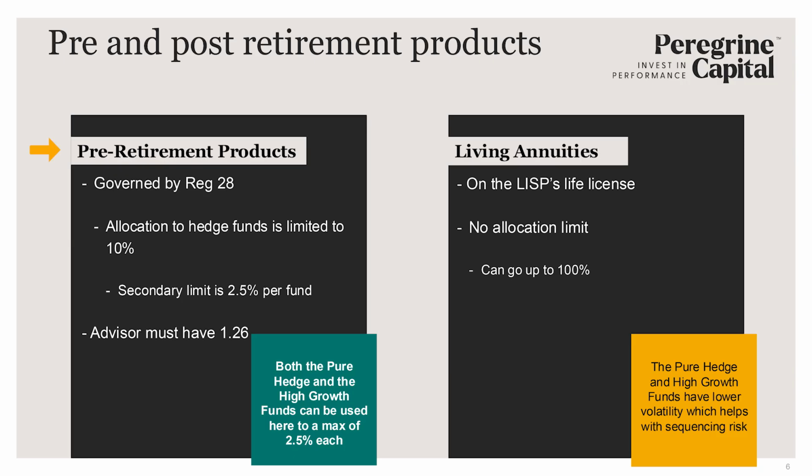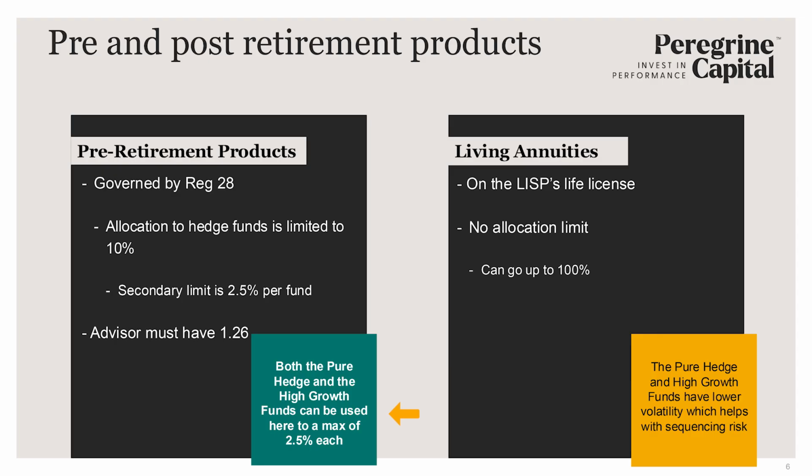If I then move on to the pre and post-retirement space. So in pre-retirement products, given that these are Reg 28 compliant vehicles, there is a limitation. So the first thing is to say to you that hedge as a category has its own category limitation of 10%, and then there's a subcategory limitation here. So it gets a little bit more complicated. The first is to say that any individual hedge fund can have a maximum of 2.5% exposure in the retirement